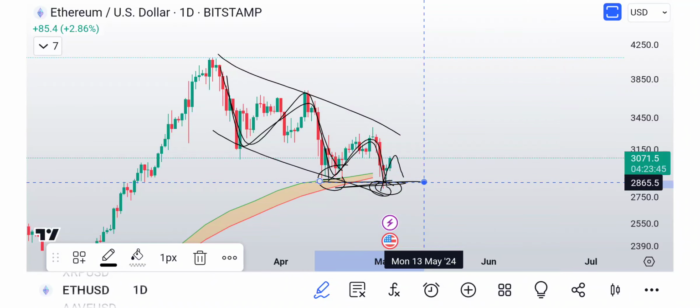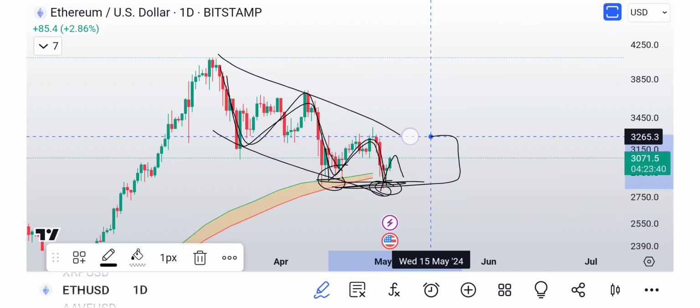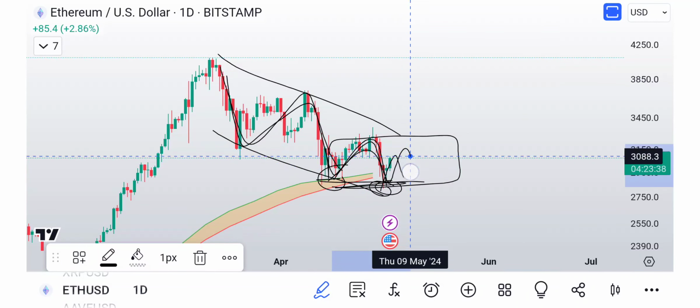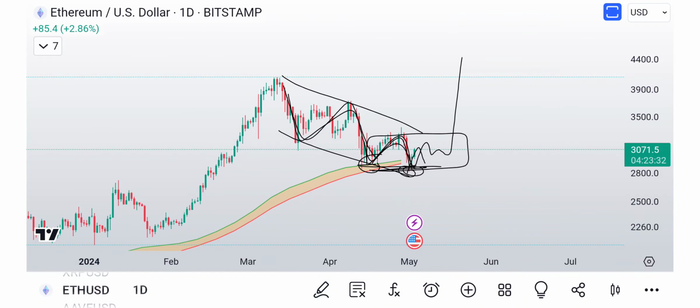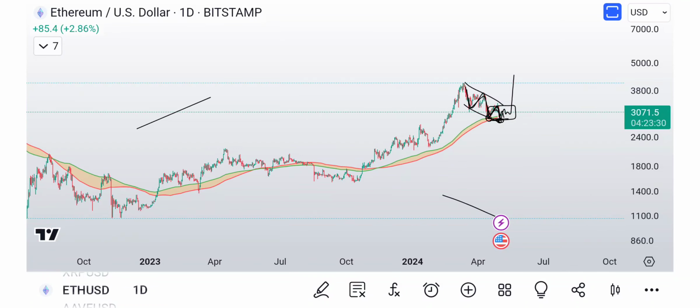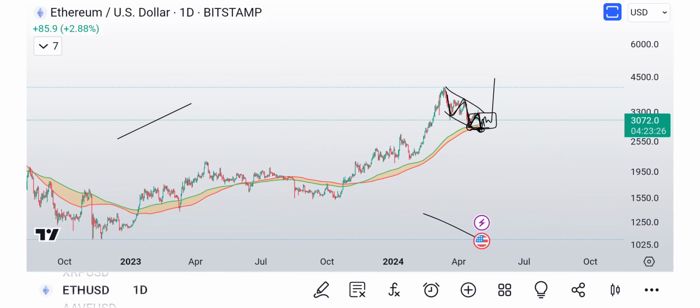So if we can hold up in here and hash out a base, that's the ideal situation that I would love to see. When you zoom out, it's basically just a little hiccup in the road, but then we continue